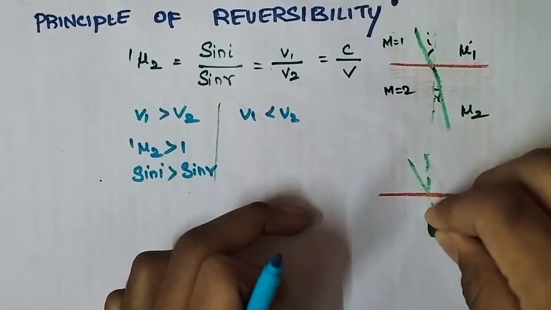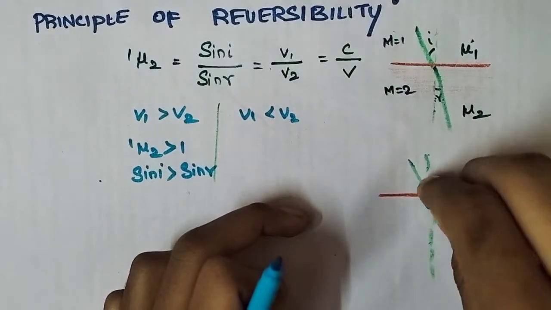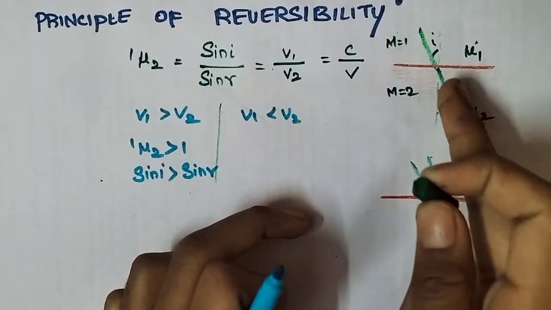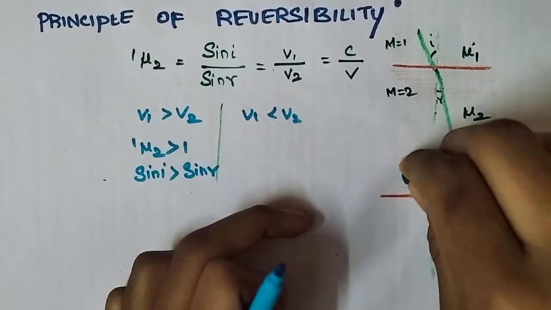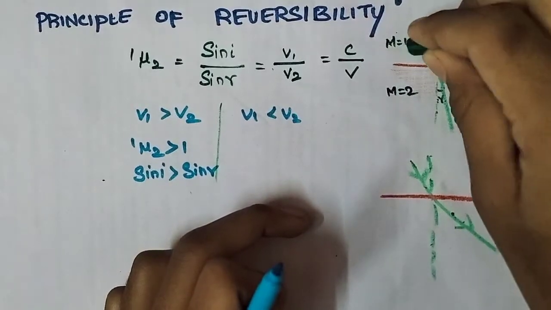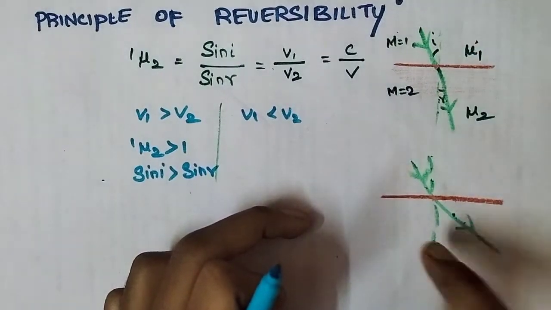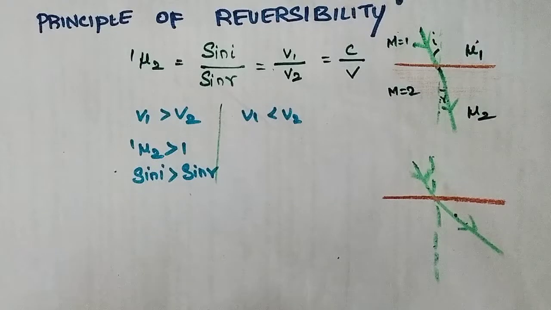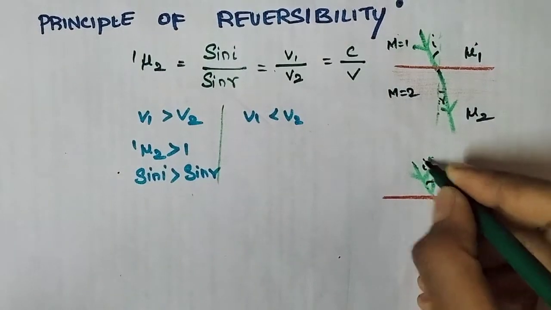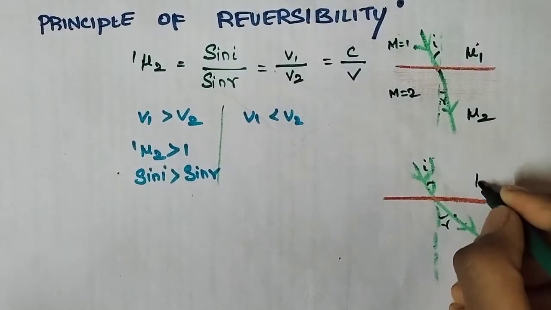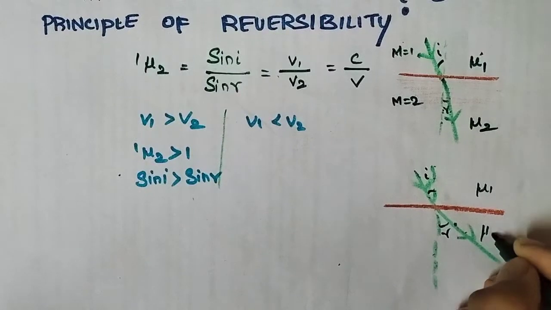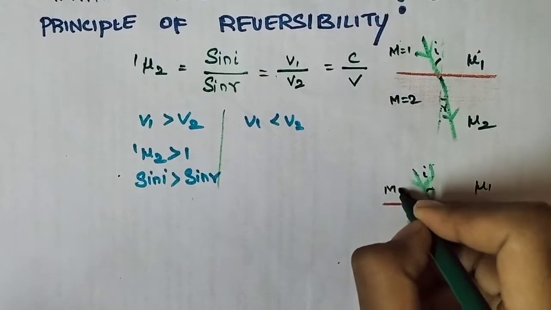Okay, this is the normal. The light ray moves away. This is moving away. I have to put the arrow mark, no? Moves away. So this is I, this is R, this is nu 1, this is nu 2, and medium 1,